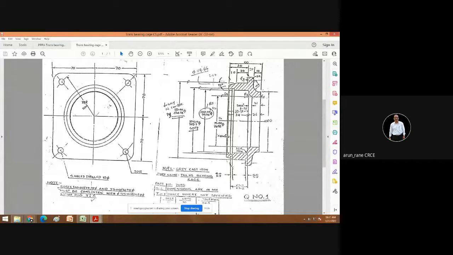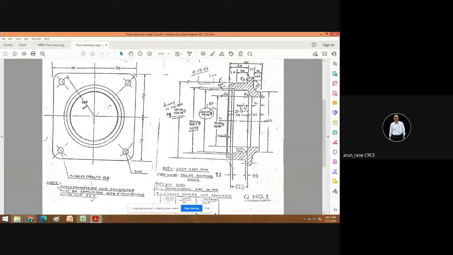Now let us calculate the weight of this. So pi by 4 into d square, that is 10 square, minus you take this ID, that is 75, nothing but 7.5 square.